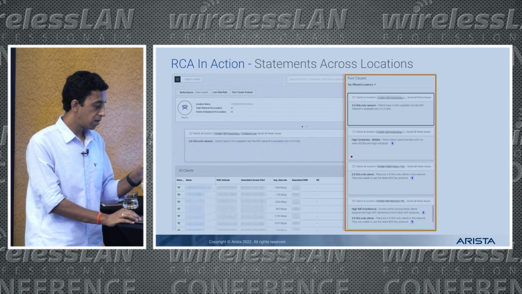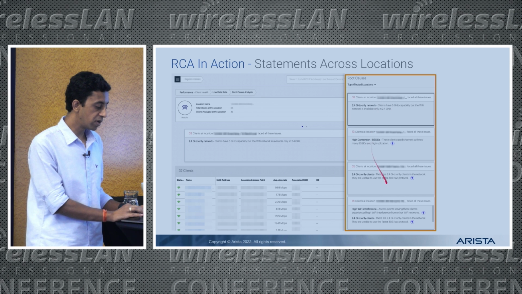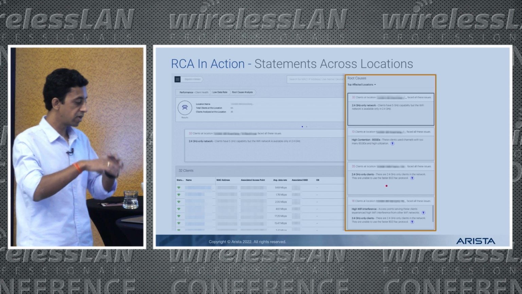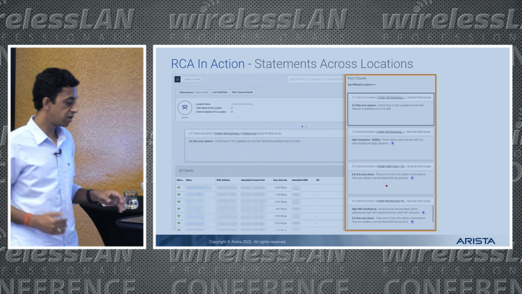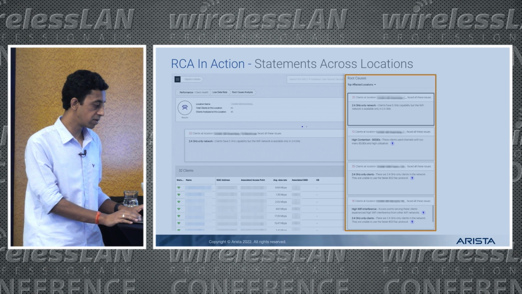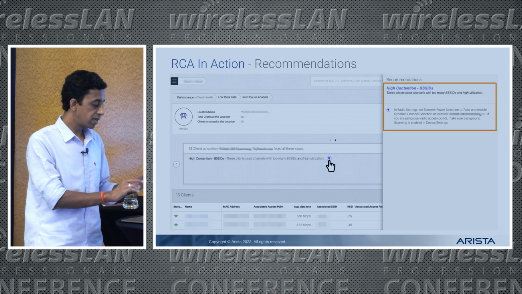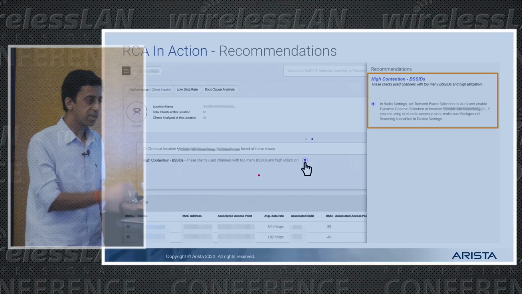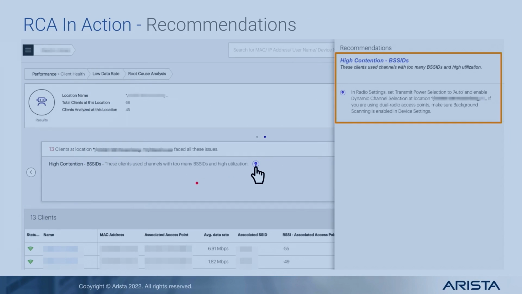And you can also see statements across all locations in one go to understand, okay, in this report, what are the locations, what are the different root causes across locations. And that's not where one would stop. As I said, once you have the root causes, you would like to understand how to mitigate those root causes. So if, for example, let's say the root cause is high contention due to too many BSSIDs, you would say that,